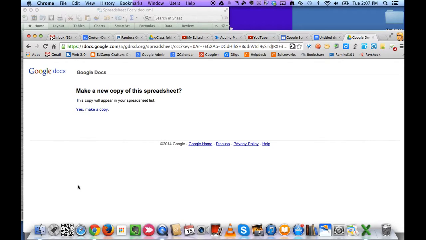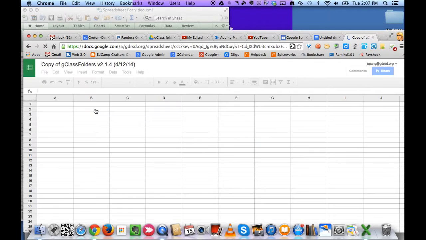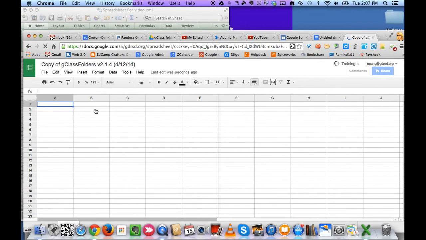When you click on that link, you'll be brought to this page, and you're going to click on yes, make a copy, and then a Google spreadsheet will be created, and ultimately you'll see that it has the normal Google spreadsheet menus, but there's an added menu option of GclassFolders. So we're actually going to be clicking on this GclassFolder menu item 3 times for 3 different parts of this